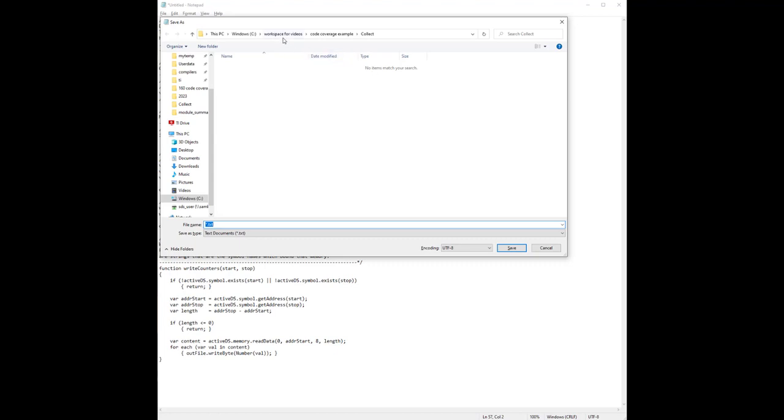I am conveniently located in the directory where I want it, which is code coverage example, the directory where the project is, and collect is the build configuration. That's where I want this file to be.